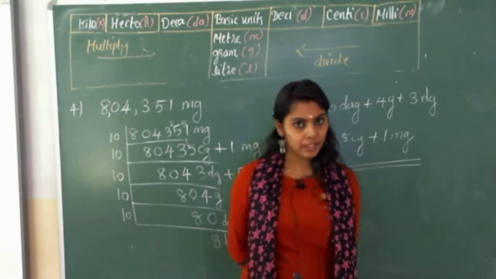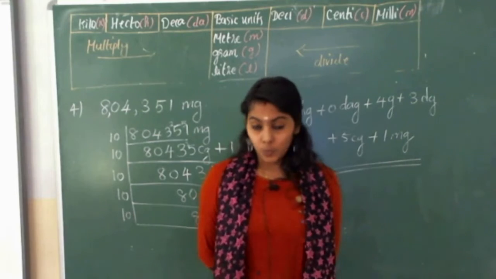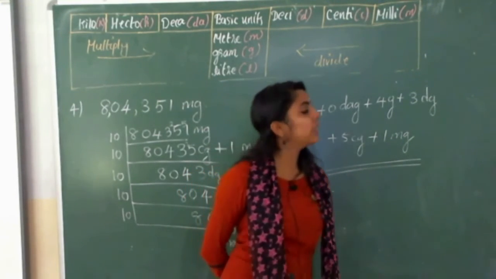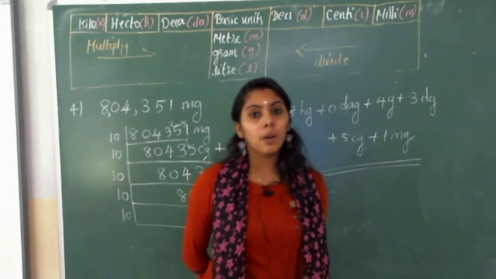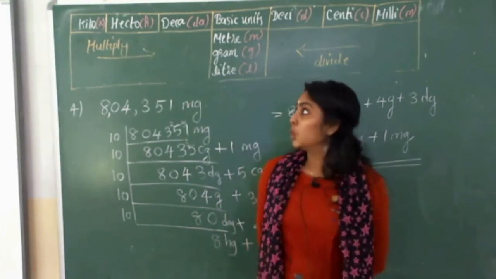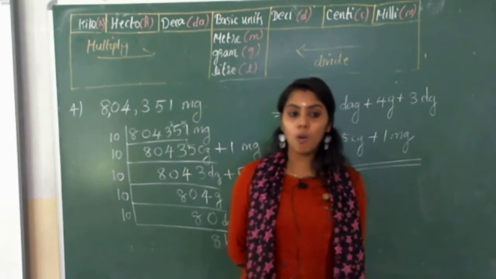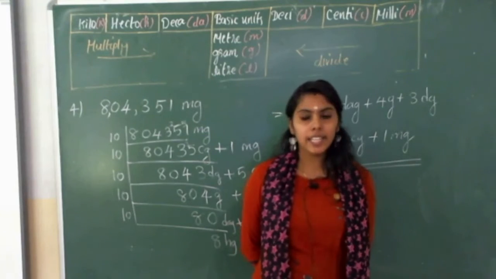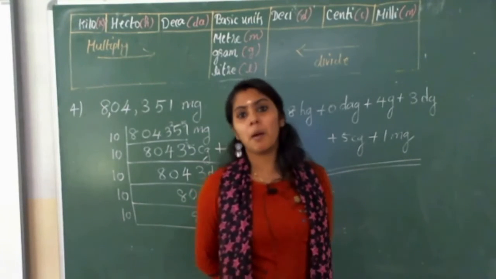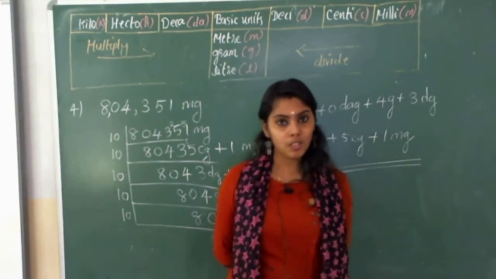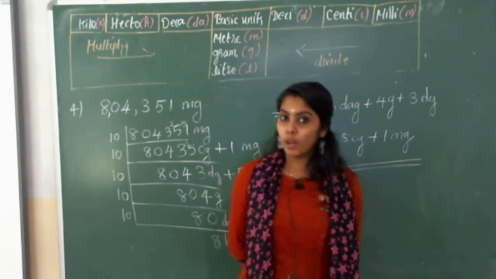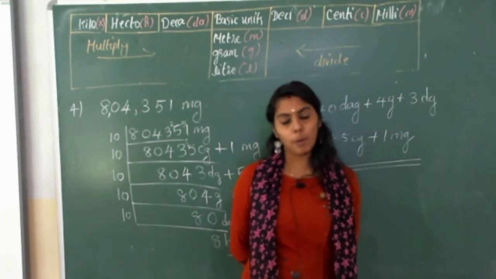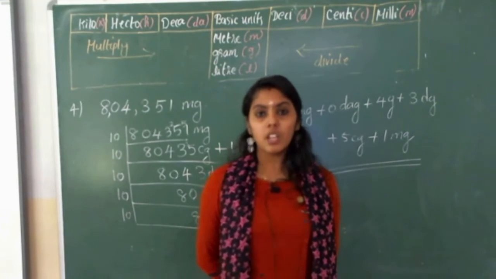I hope all of you are clear on how to convert, and it's very important. Okay, maybe a 2 or 3 mark question will come like this. So you have to learn the table and the units by heart first. And after that you have to write and study each and every problem minimum 3 times in your rough book. This is very important. If you are not studying today itself, you will forget. So all of you please write and study all these problems minimum 3 times in your rough book.